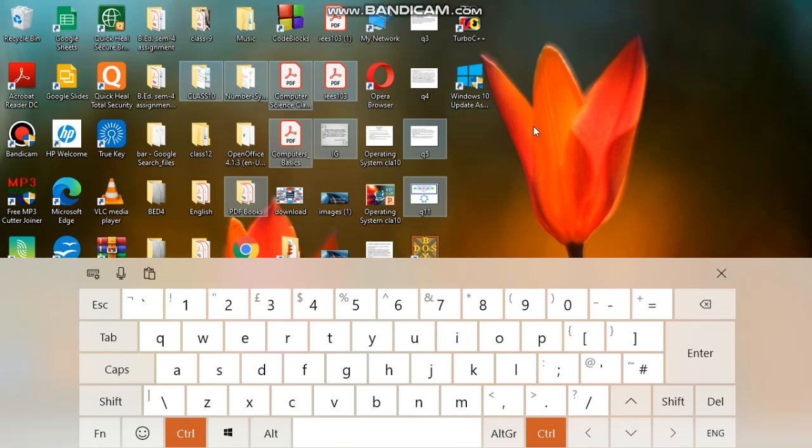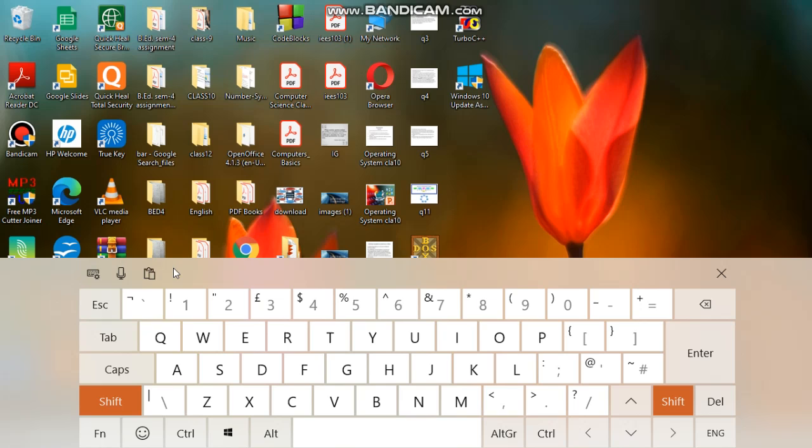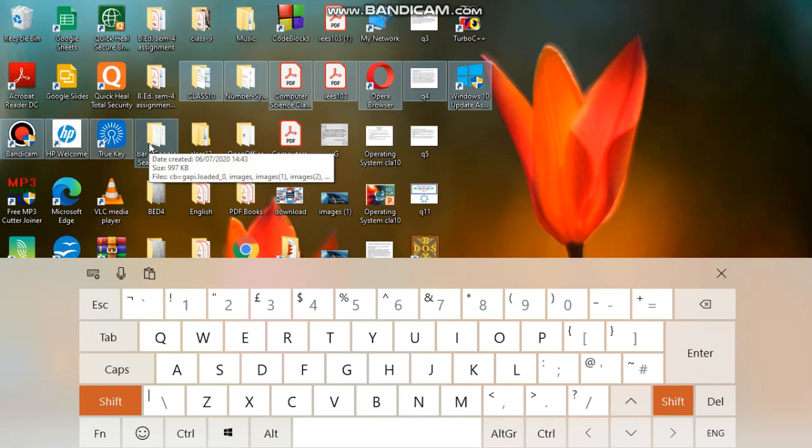So now you can see the difference. What is the difference between the control key and shift key when you are going to select files? Again deselect this option. I have pressed the shift key, and a number of files have been selected.